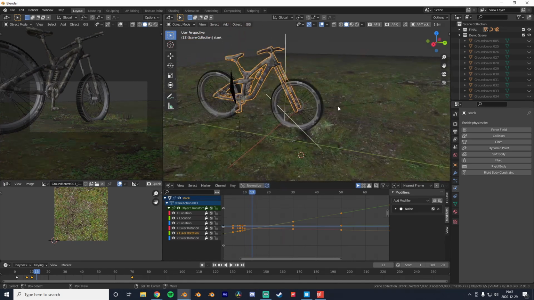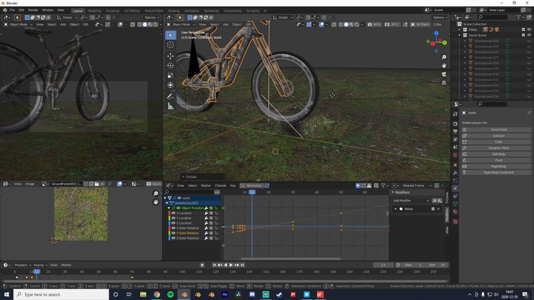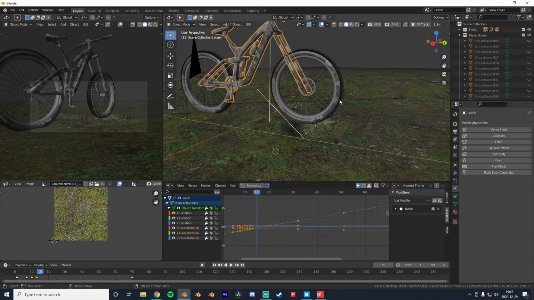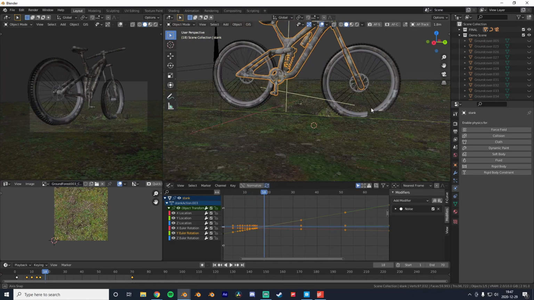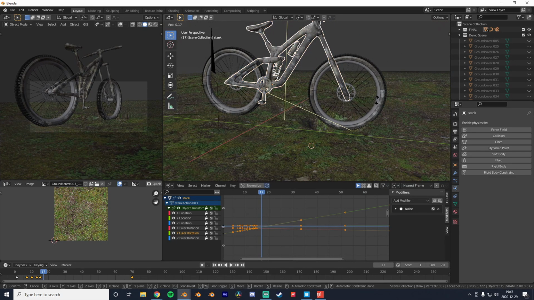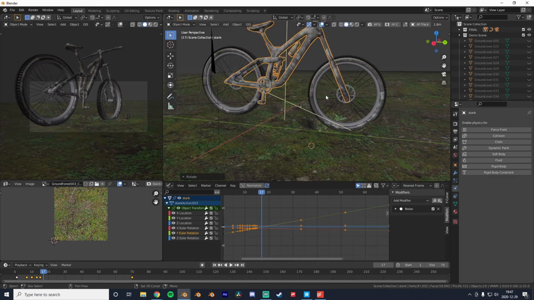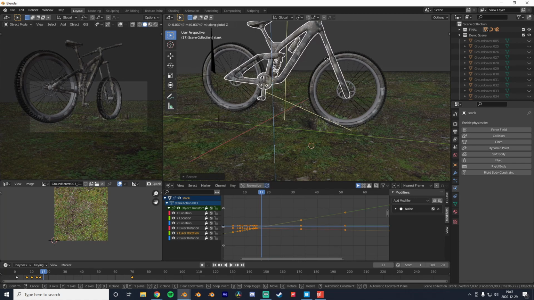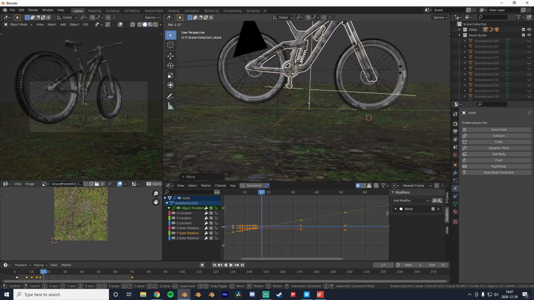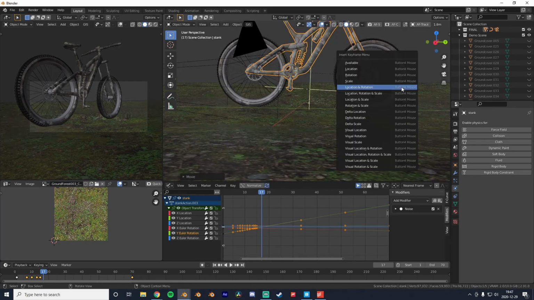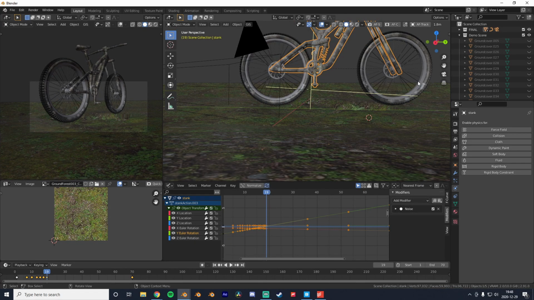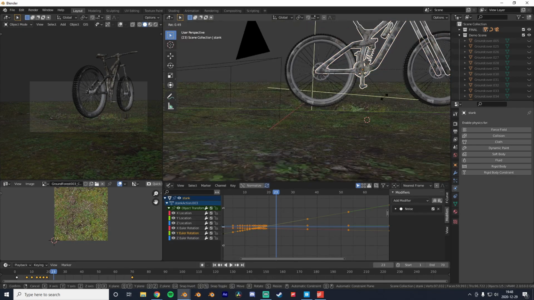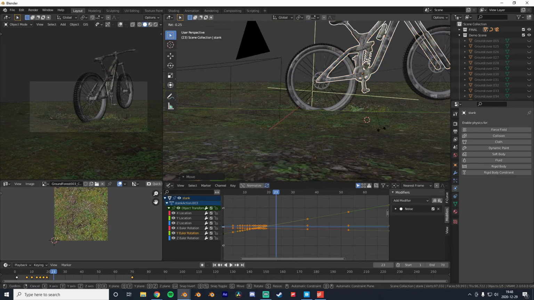And here it sort of goes through this thing, so I'm gonna move it up and move it down again. And right here, I'm gonna move it like that maybe, and bring it down. Okay, and up again, and do the same stuff for the back wheel,